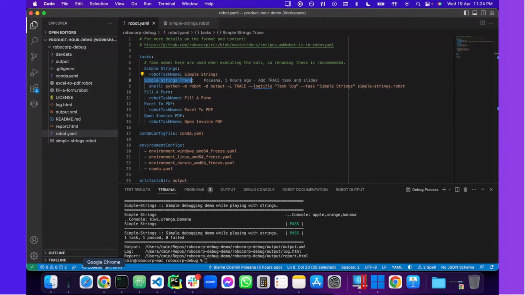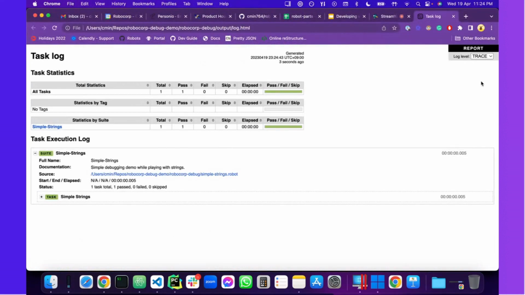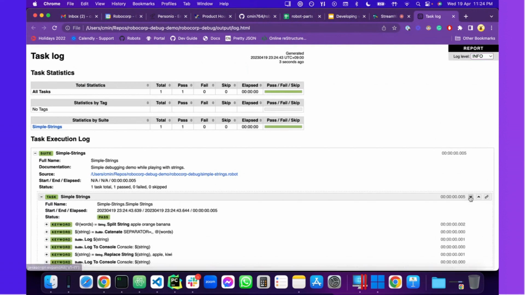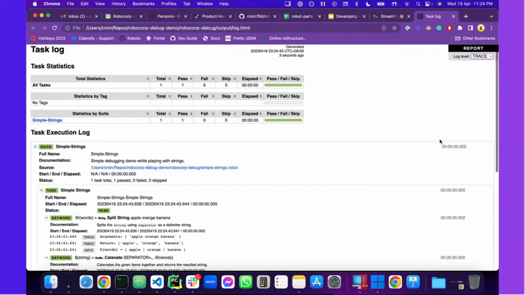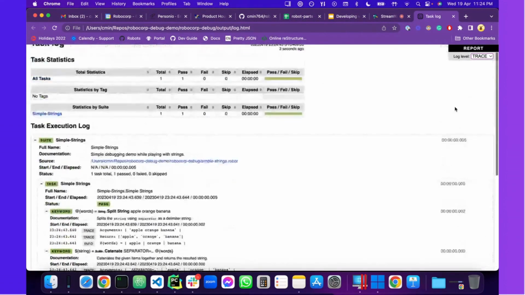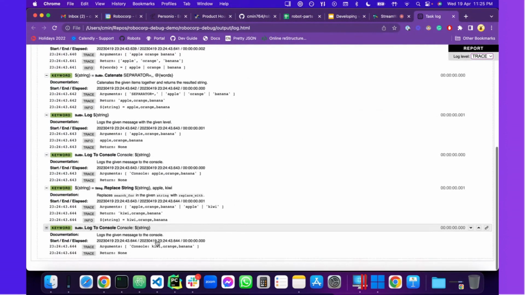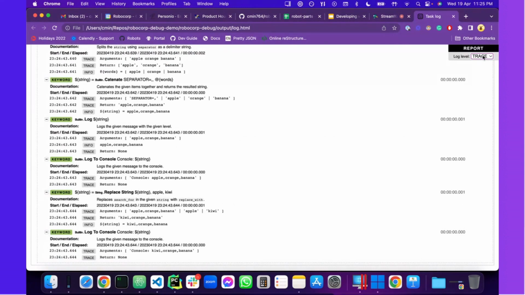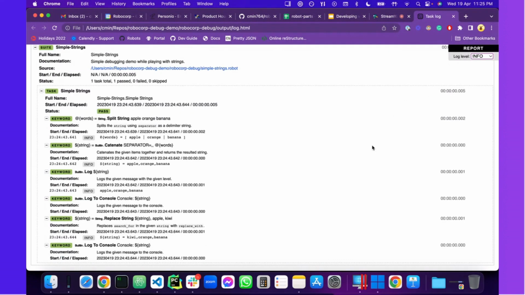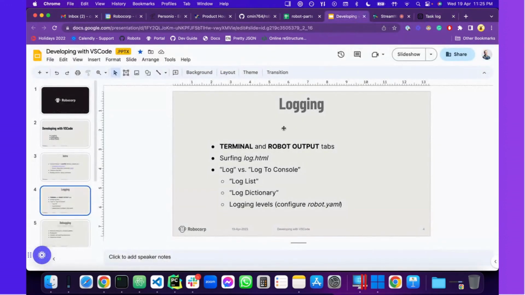The only difference is that if I'm refreshing the log now, I see a log level trace that I can switch back to info or then again to trace. This trace, as you can see, shows me a lot more about what's happening inside the bot, including what arguments are received, what it returns. So this is quite useful when you develop the bot, and for security reasons the usual behavior is to just display the info part, because in trace you might see a lot of details that you don't want to see there. So that's basically it.